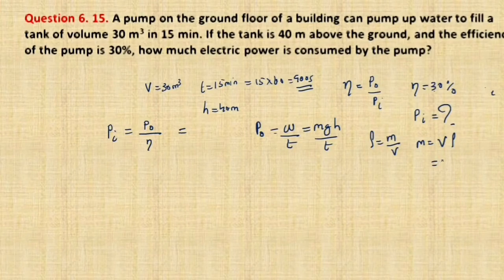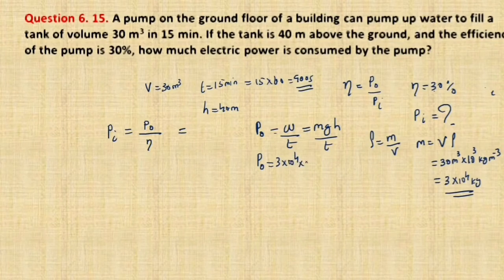Volume is given as 30 meter cube. Now what is the density of water? Density of water is 10 to the power 3 kilogram per meter cube. So the mass is 30 into 10 to the power 3, that is 3 into 10 to the power 4 kilogram. Now you can substitute here: power output is equal to 3 into 10 to the power